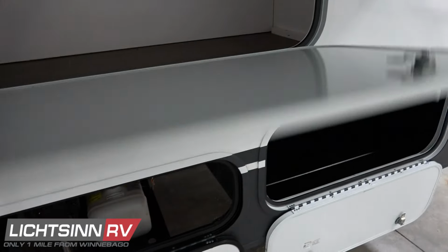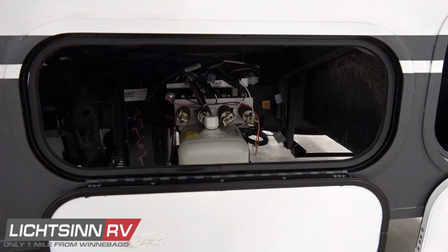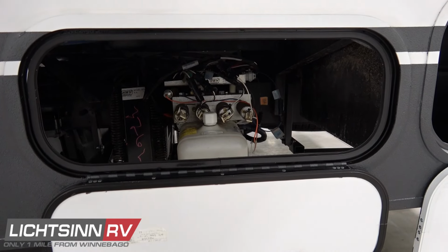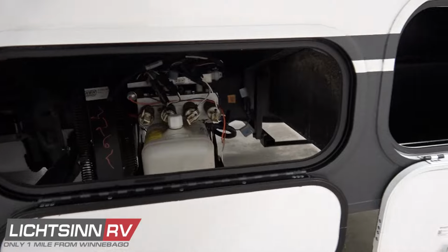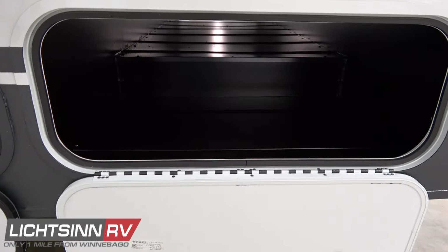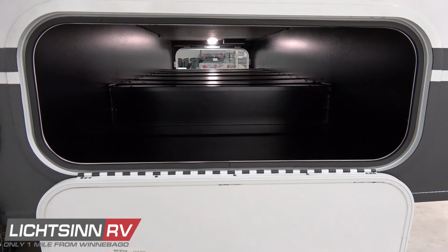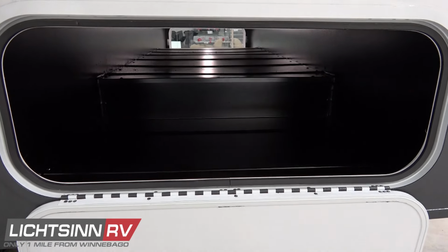One continuous sheet of upgraded Beaufloor vinyl flooring running front to rear so that you eliminate any risk of splits compared to competing manufacturers that are still seaming in lesser quality materials. That is the pump for the automatic hydraulic leveling jacks. Continuing on then with the pass-through storage, and also a great opportunity to talk about Winnebago's E-coat process, leading the